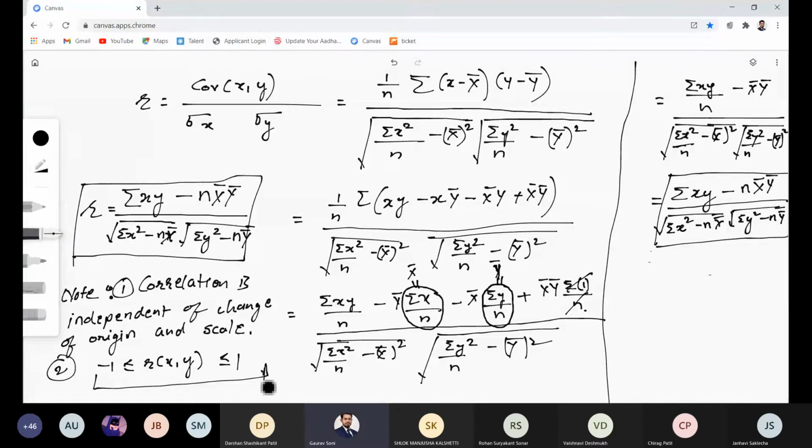Okay, so let's solve some examples on this. No one is going to ask you the proof of this. You just have to remember this or understand how it comes, or you just simply memorize it. That's it. And this note will be very important. In some cases you can get r greater than 1, so you can verify that you are doing something wrong. Even in MCQs I can put this.